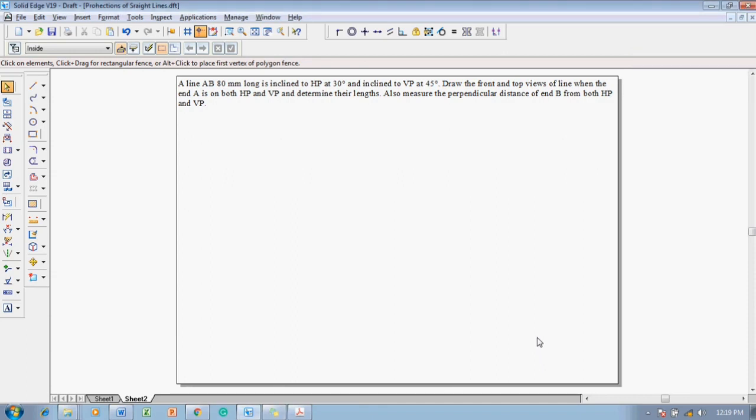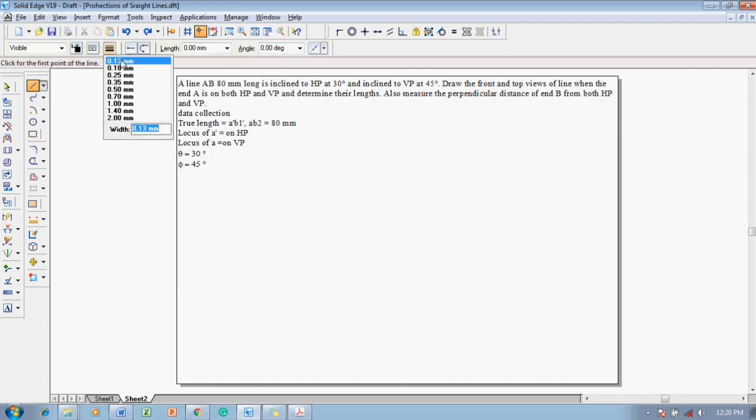Now, according to the given question, first we must collect the data. Now the data collection will be like this. The true length is given as 80 millimeter, that is A dash B1 dash, and AB2 is 80 millimeter, and the locus of A dash is on HP and the locus of A is on VP. A similar kind of problem is already shown in one of my previous video lectures. Now let me show you the solution for this question, for which go to a line